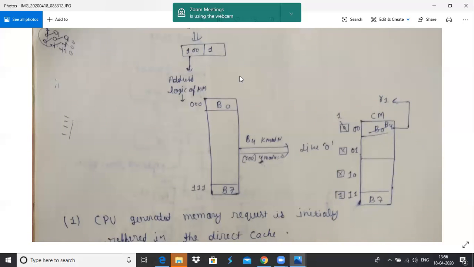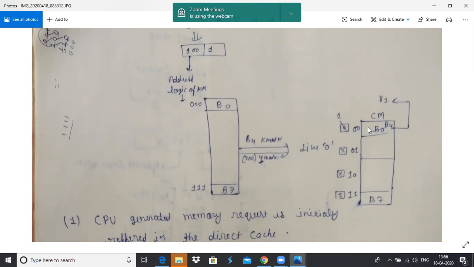The B4 block of the main memory will be transferred to the cache memory. How will it be transferred? Apply the direct mapping function. The value is 4 mod 4, which becomes 0. So the B4 block of the main memory will be mapped to line number 0 of the cache memory.